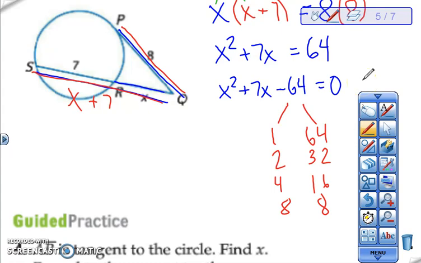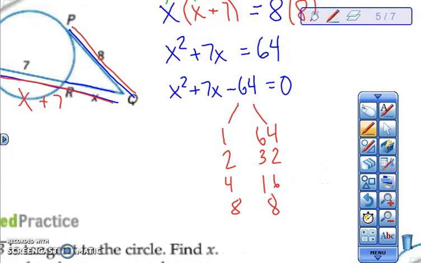Making one of them negative and then adding what I get, I need to look at the total. So if I do negative 1 plus 64, that's 63. 1 minus 64 is negative 63. That's not going to work. 2 and 32 have a difference of 30. 4 and 16 have a difference of 12. And then 8 and 8 would give me 0, none of which are 7. So this will not factor,